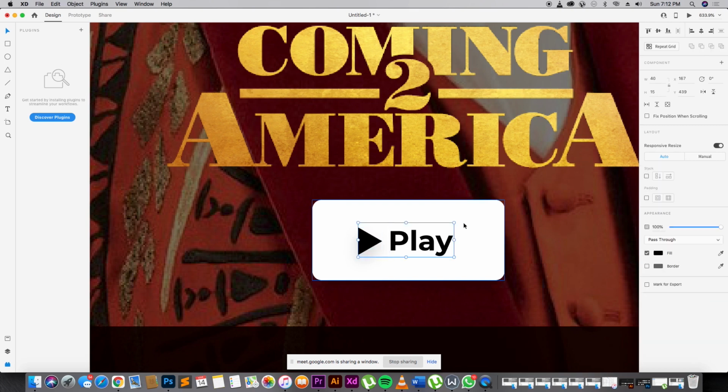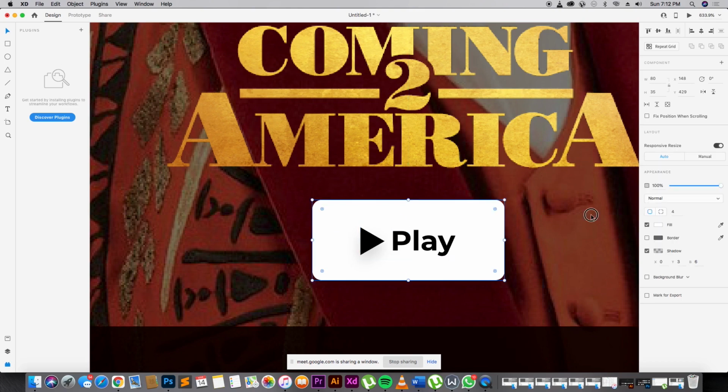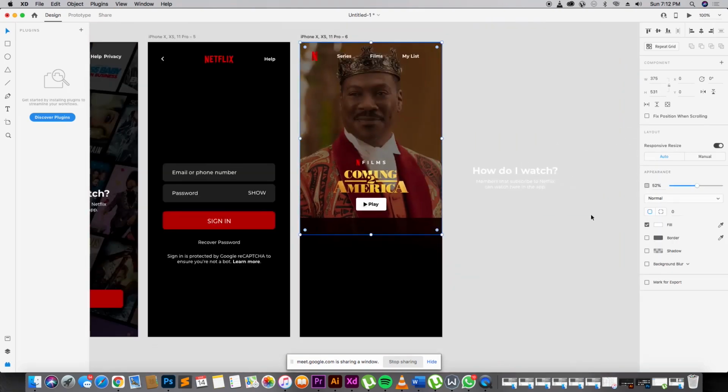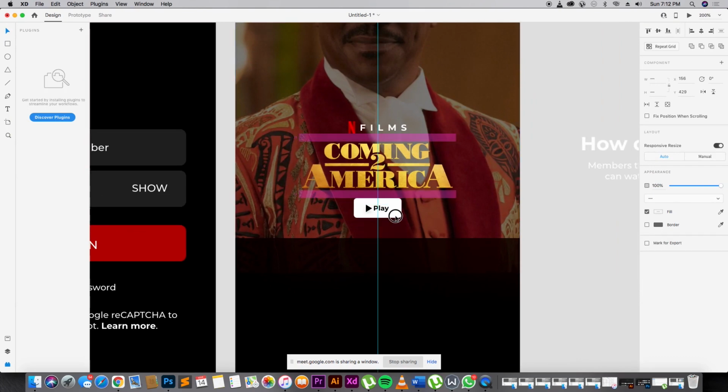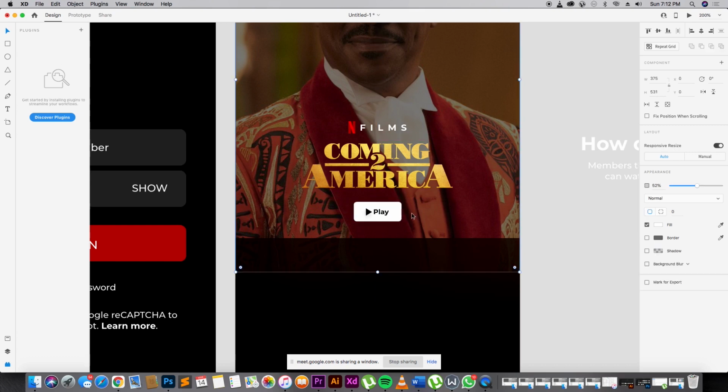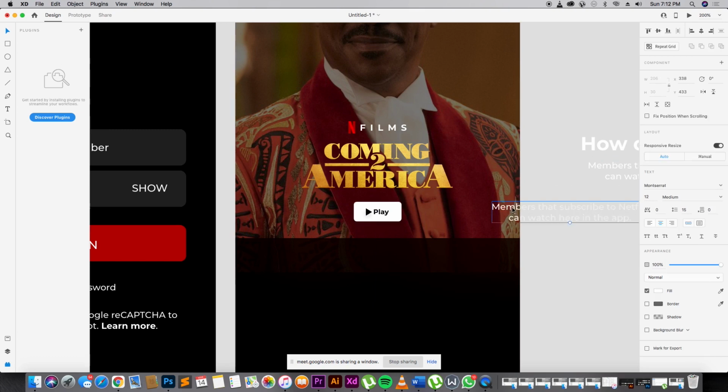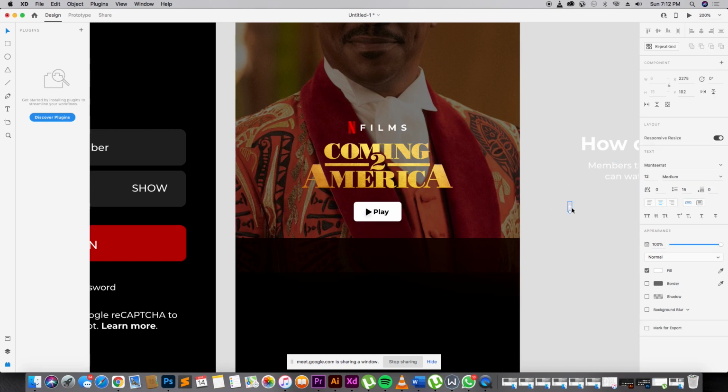So I just select both of them, and that's fine, and group them to make sure that they are all centralized in the middle of the frame. So that looks good, but I still feel like the button looks a little bit too big. I'm more like the minimalist type of guy than the looking all big. And